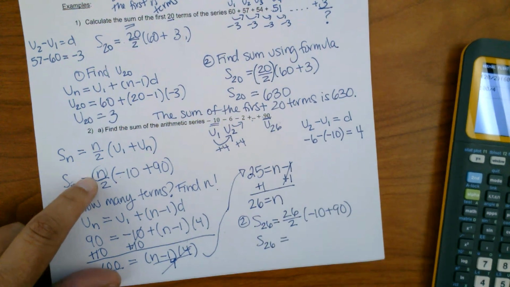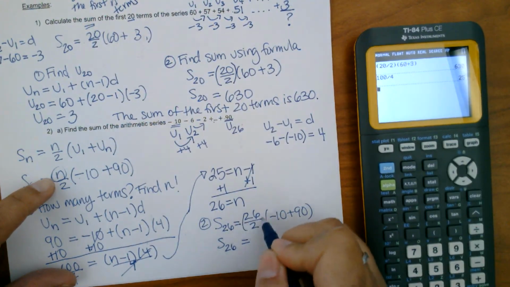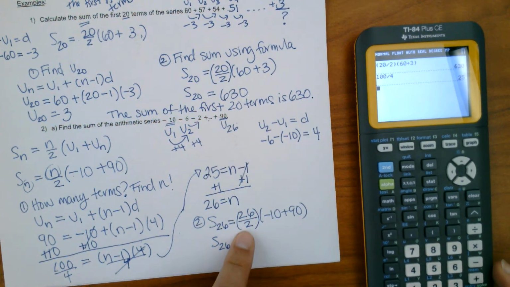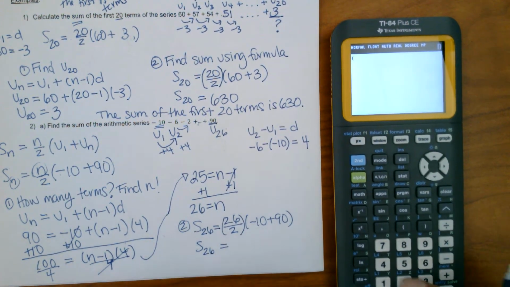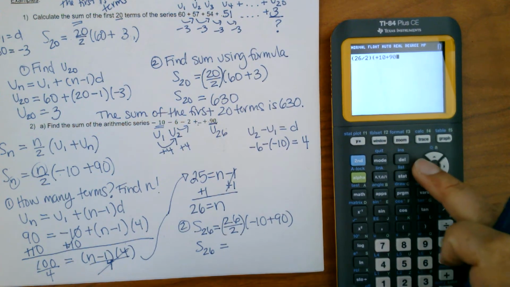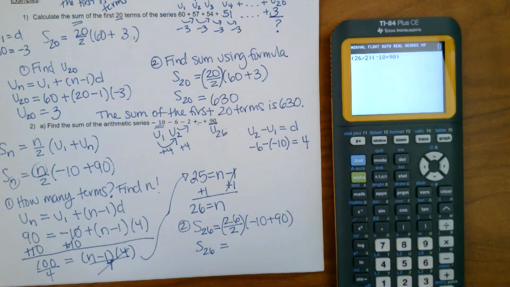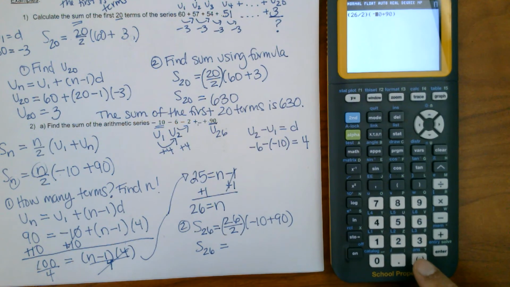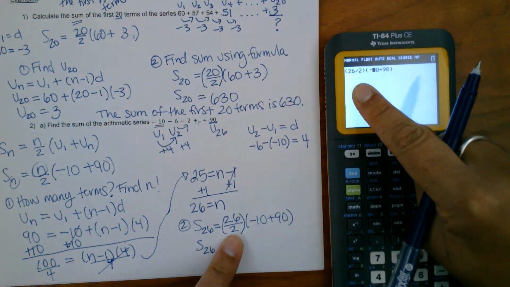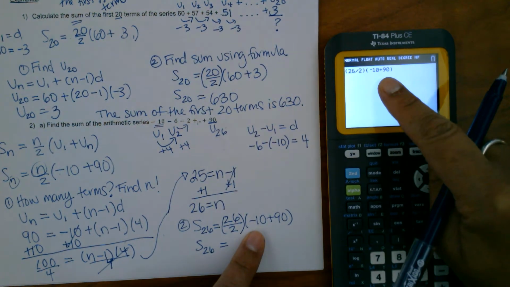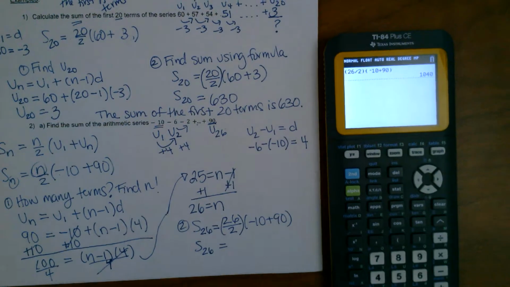So S sub 26 equals, again, if you just want to do this in your calculator, I know that's 13, everybody. But I do want to show you that if you utilize your parentheses correctly, you can just do it all in one step. And this was a negative 10. Please be careful. The negative is right here, everybody. So we have 26 divided by 2 in parentheses, and the negative 10 plus 90 in parentheses, and we're going to come out with